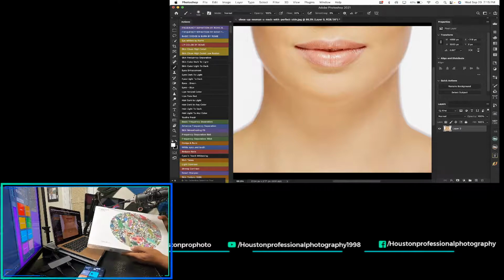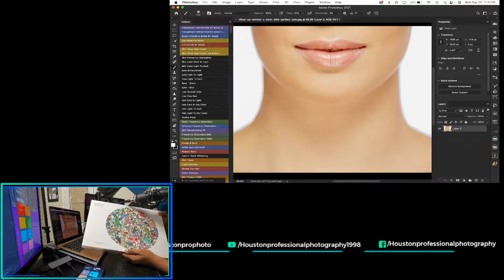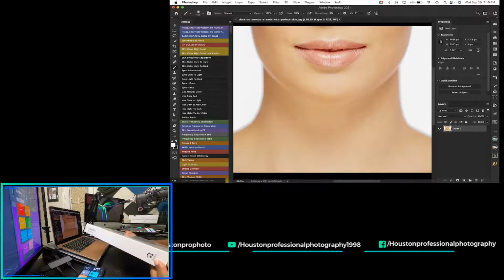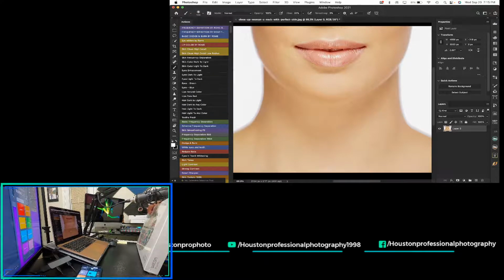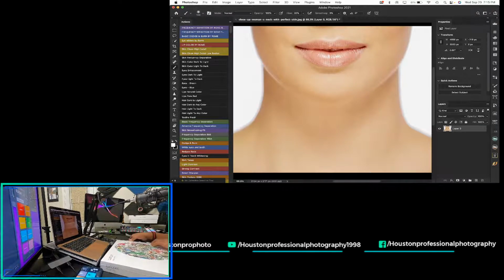All right, so here we go, guys. Here is the medium Intuos Pro. Like I said, I haven't even broken the seal on it. I know I got a knife around here somewhere. You know, Texas. We're always strapped. All right, let's get to it. Put this razor away before I cut myself. All right, so